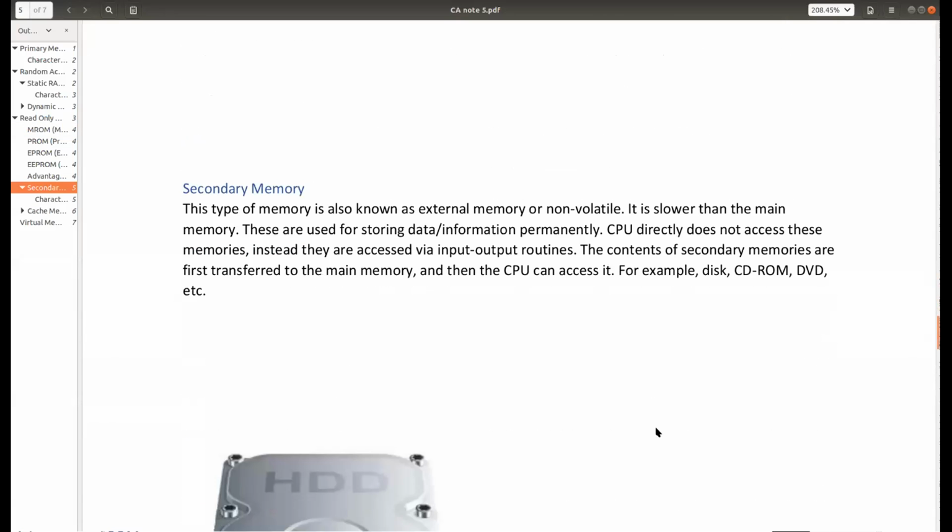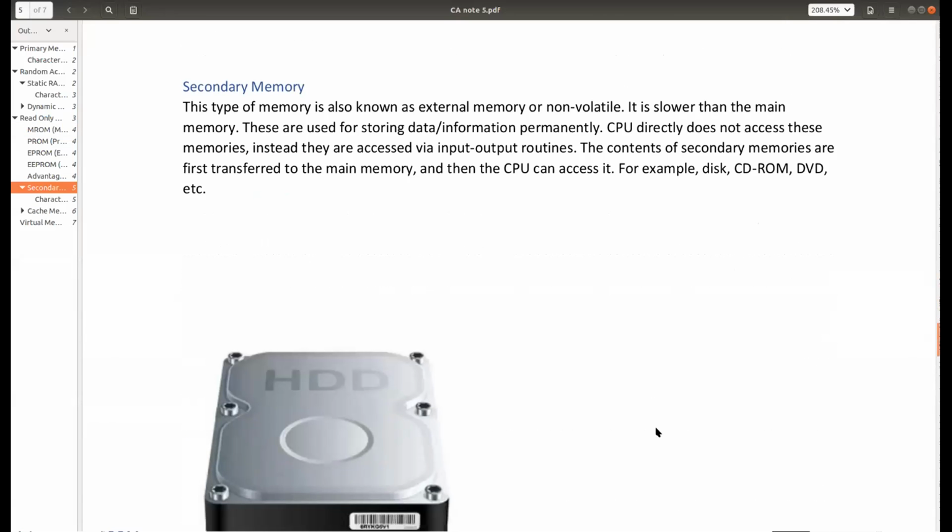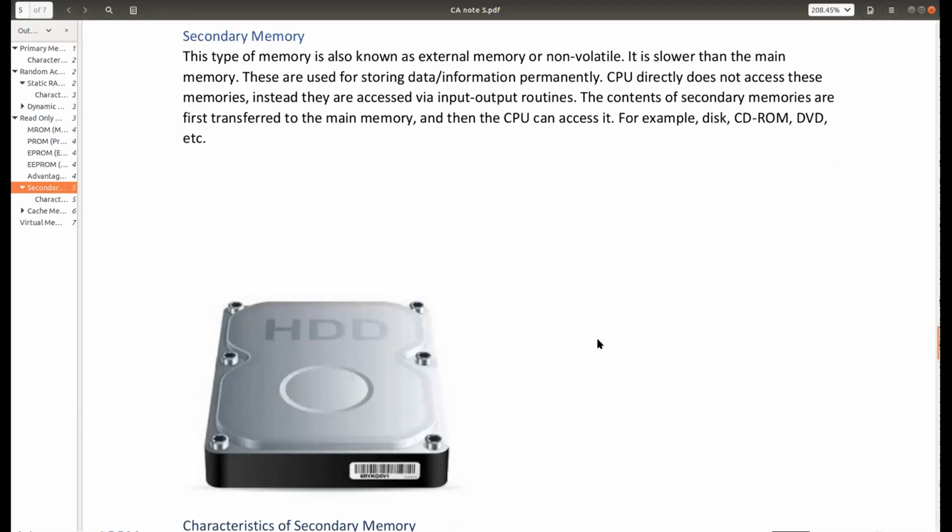Okay. Now let's come to the secondary memory. So that is the primary memory. Primary memory part we have covered. Now coming to the secondary memory. Now secondary memory, as you know, the main secondary memory is known as hard disk, which is obviously non-volatile in nature. That means whatever data is there, it will be stored permanently over there. It will not be lost even if your computer is shut down. So that's why it is non-volatile in nature.